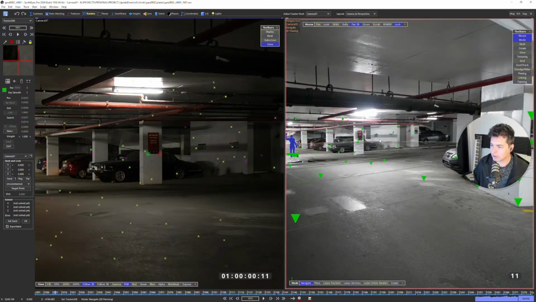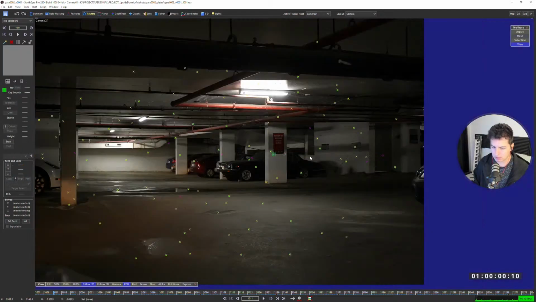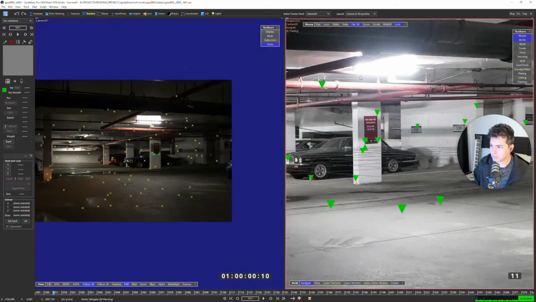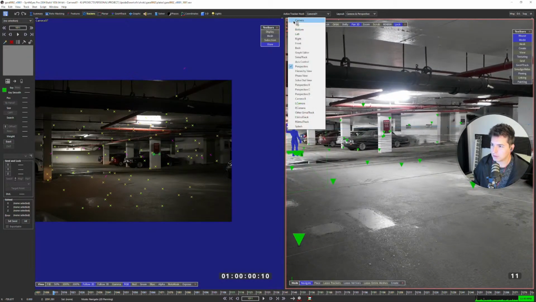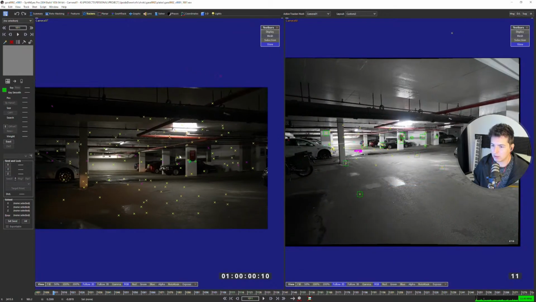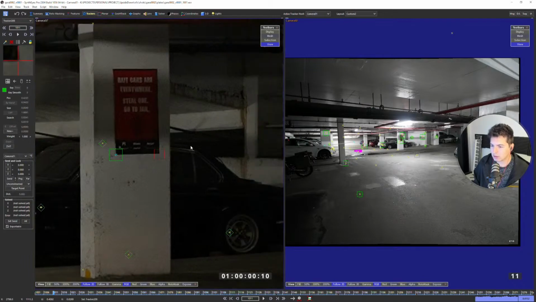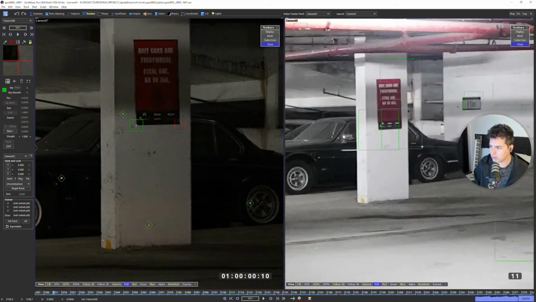So there's a couple things you can do. Oh great, I hit the wrong button. So you could, let's switch both of these to a camera view, and I'll right click here, make a camera 2. So you could select a point over here, and then you can come over to the other view, alt click the matching point, and now,